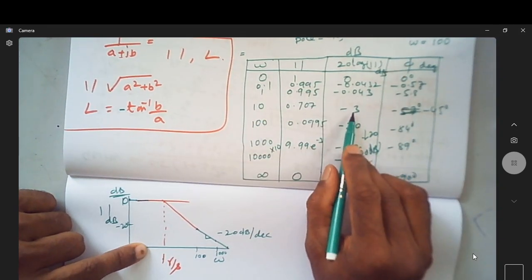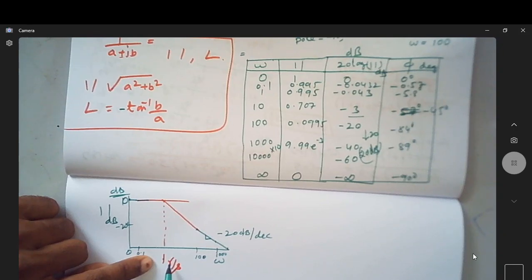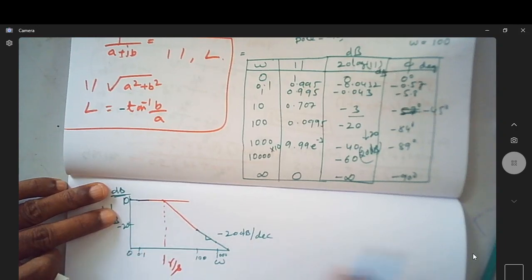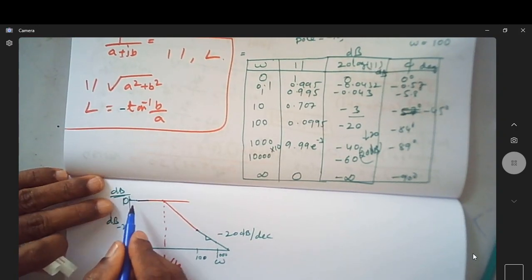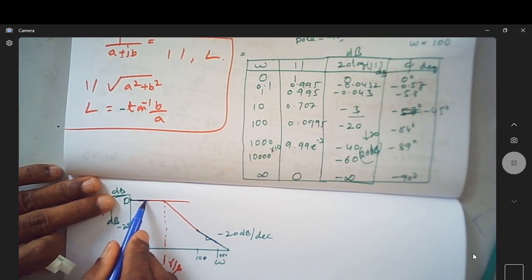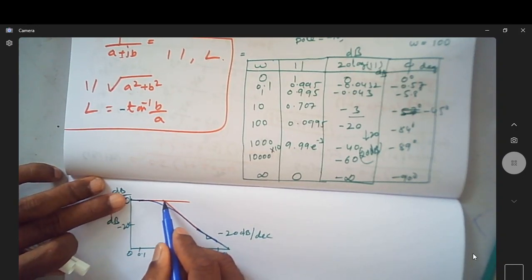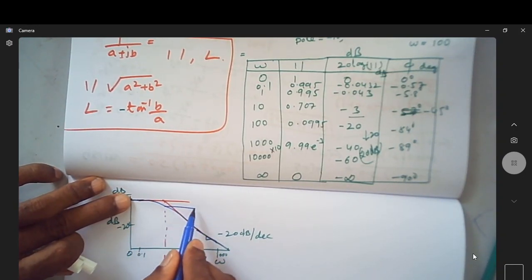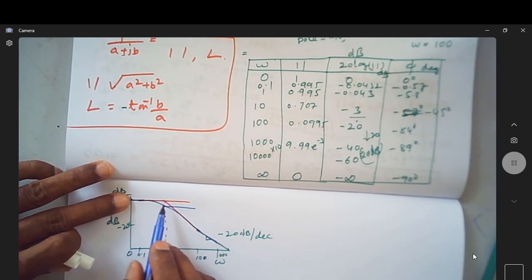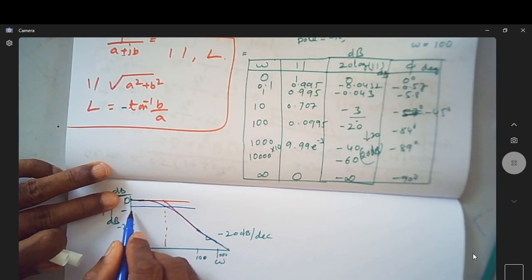But in the actual sense, can you see the magnitude is minus 3 dB at 1 radian per second? The actual plot looks like this. So the actual plot is certainly coinciding with this plot. The plot here also is the same, but the actual plot slightly deviates at this point. The deviation is how much? This is the actual value, which is here, minus 3 dB. This is the asymptotic value. So asymptotic is an approximate value. So the actual value is minus 3 dB